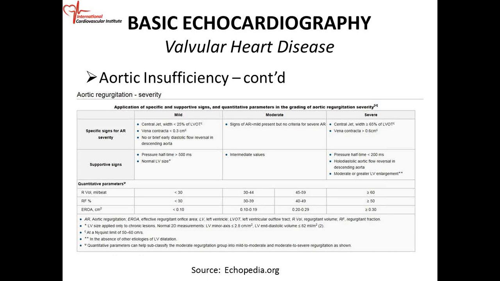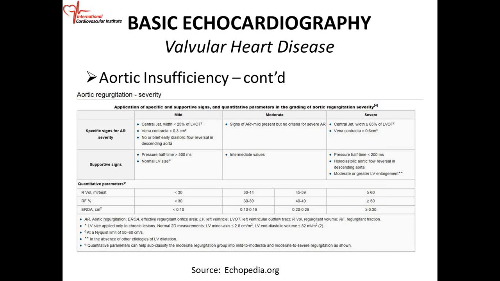And then we talk about regurgitant volume greater than or equal to 60 mLs, regurgitant fraction greater than or equal to 50%, and the EROA greater than or equal to 0.3 centimeters squared. That's for severe. Then mild,